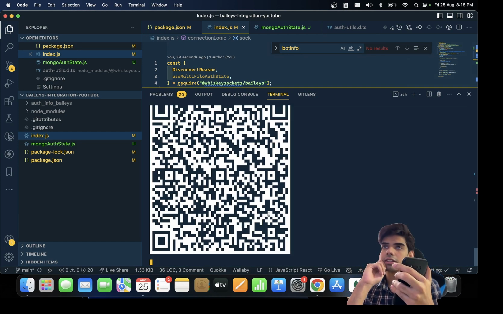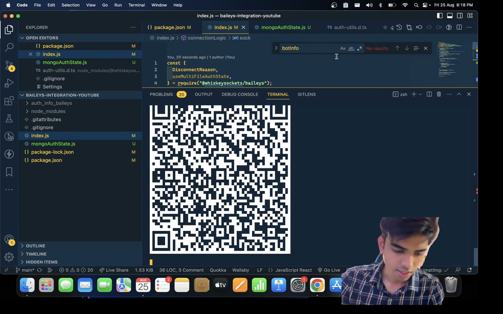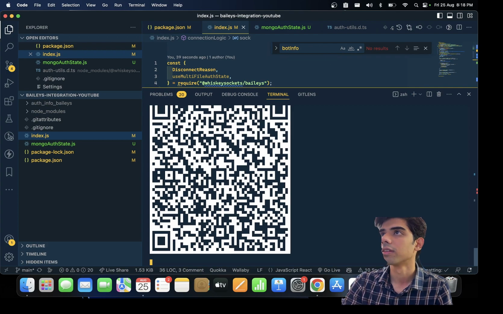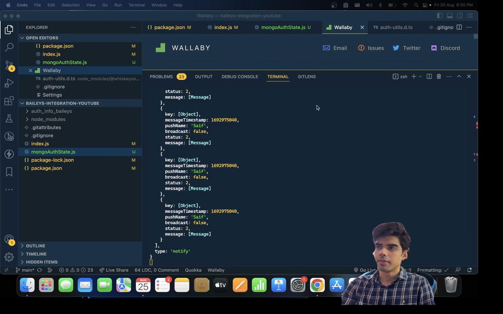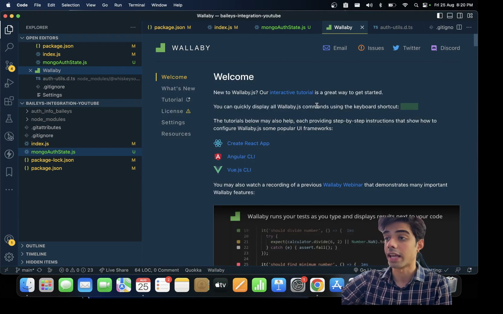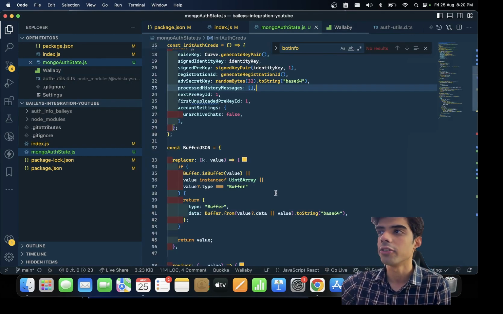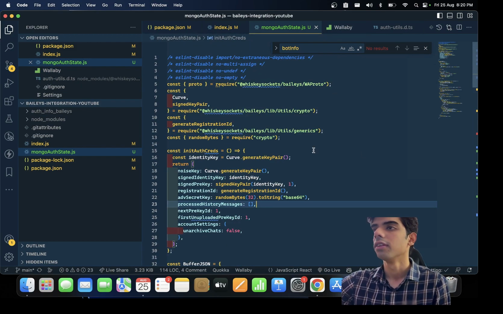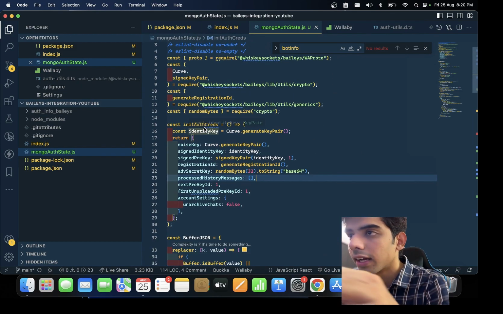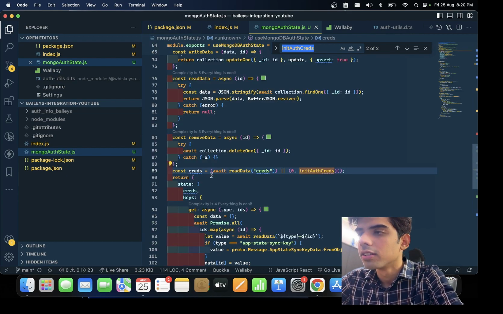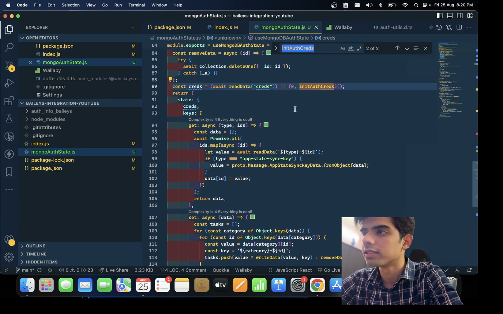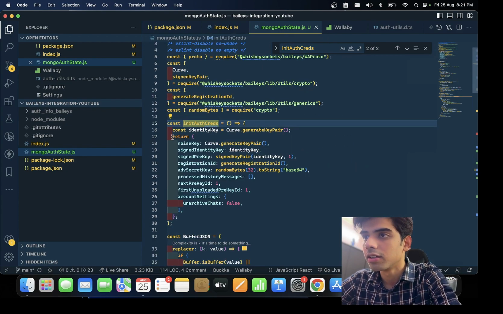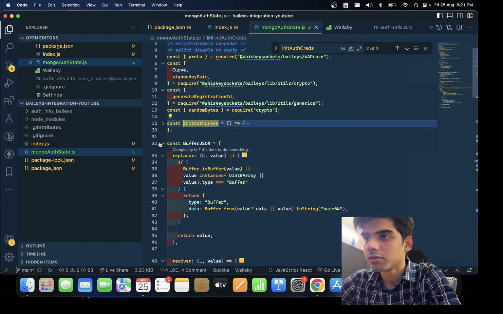Apparently the connection errored out. Okay, let me see what's the actual issue, and let me try to fix it. So actually I just started over and scanned again, and it worked. The change that I made on the code, if you guys can see the video, is this: if you remember, we were using init auth. So we were using init auth to just read the data, but what I did is that we were getting it directly from the code. So let me just comment out and show you even the buffer JSON,